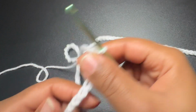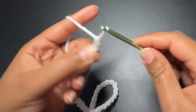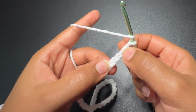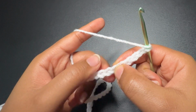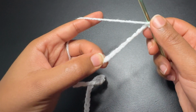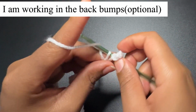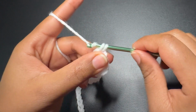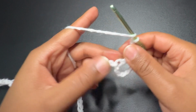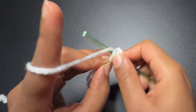After getting your chain in multiples of 3, you're going to add 2 more chains. So 1, 2, and then you're going to yarn over and skip and count 1, 2, 3, 4, 5, 6, 7, and into the 8th chain you're going to make a double crochet. So yarn over, insert your hook in the 8th chain, pull up a loop, yarn over, pull through 2, yarn over, pull through 2. Then you're going to chain 3, skip 2, 1, 2, and into the 3rd you're going to make a double crochet,